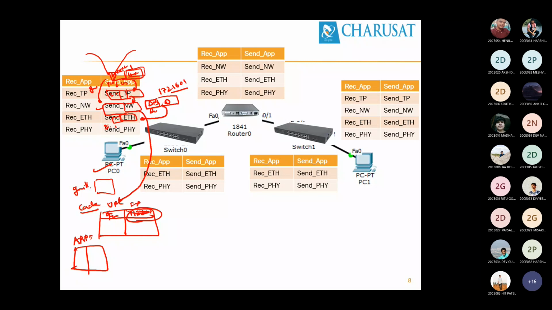ARP table. Are you getting it? So in this case, the ARP table will come into the picture. It says that point 1 is having MAC address XYZ, and it writes XYZ as the destination MAC address because it is already available. And then it sends to the physical layer. The physical layer transmits signals. This is one point.